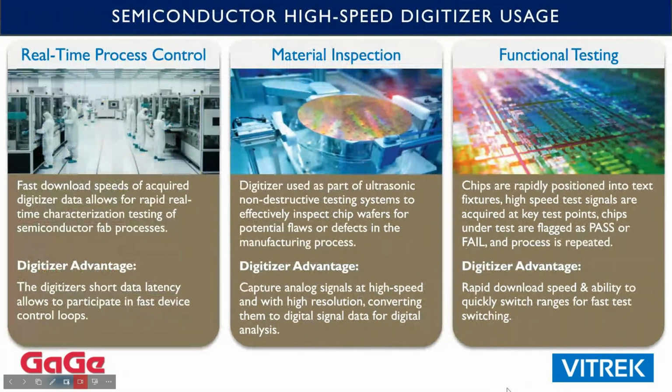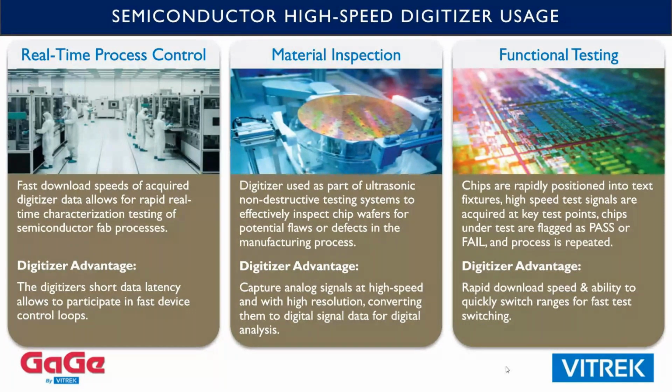So in the semiconductor industry, our high-speed digitizer usage generally falls into three main categories: real-time process control, material inspection, and functional testing. For real-time process control, it's the fast download speeds of the acquired data that allow for the rapid real-time characterization testing of the semiconductor fab process. And here, the advantage of our digitizers is their short data latency that allows them to participate in fast device